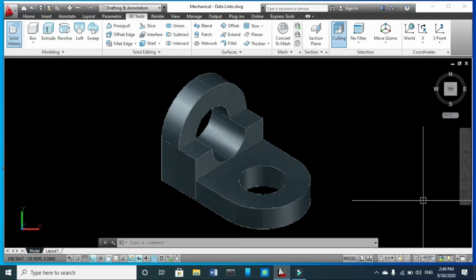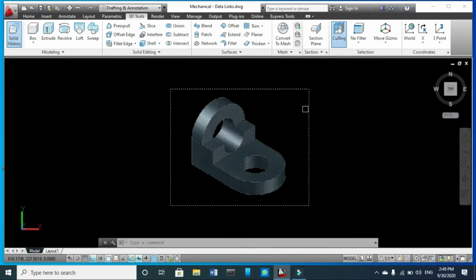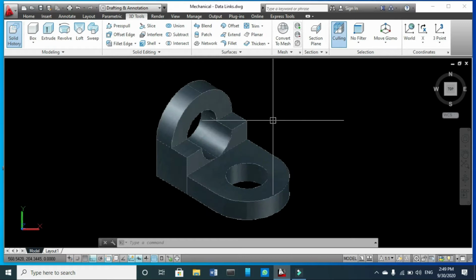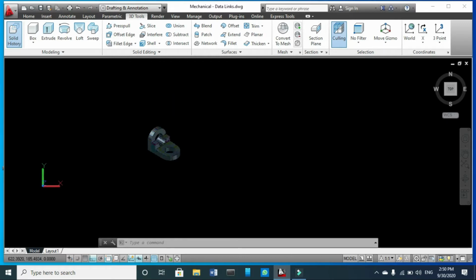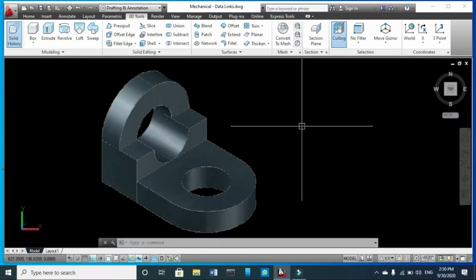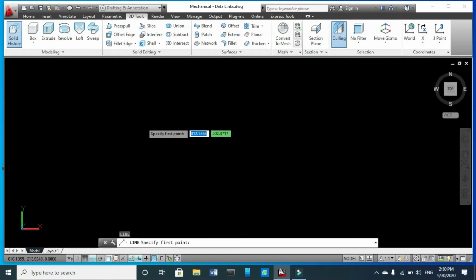In today's video, I will show you how to make a 3D mechanical object in a very interesting manner. So please, let's start and see how we can make a 3D mechanical object. On my screen you can see this is a mechanical object in 3D. So the same we have to make in our drawing as our object. So I'm going to draw a line of 40 units